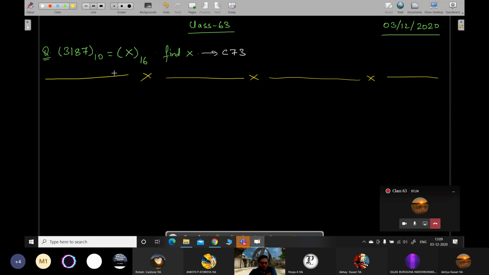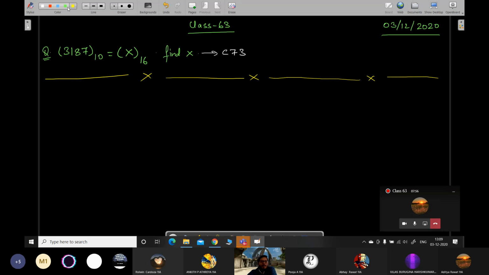What was the common thing in the two varieties that we have seen so far? Either we were converting from decimal to another number system, or from another number system to decimal number system. So that means decimal was a common element in both the cases. Now, what we are going to see is decimal won't be there. It will be like from binary to octal, binary to hexadecimal, hexadecimal to octal, hexadecimal to binary. कुछ इस तरह का देखेंगे अब हम लोग. Okay.